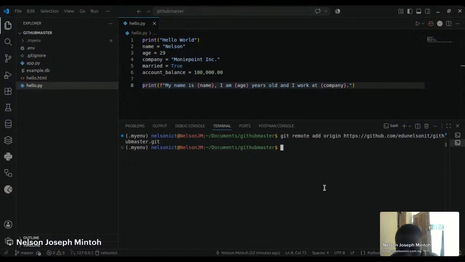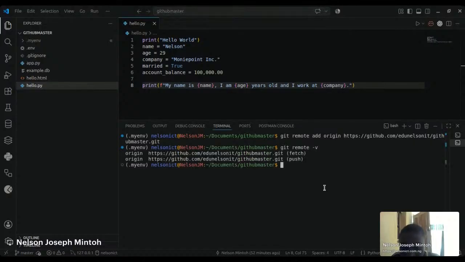So let's verify what we have. git remote -v. So the origin is this, the origin is this. So we can fetch from here or we can push to it. So what do we want to do? All we want to do is to push,